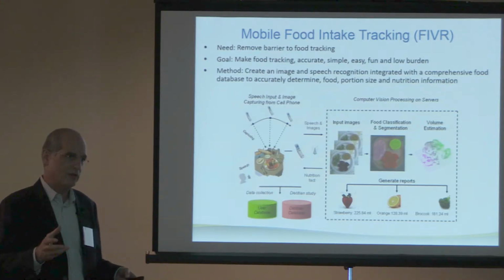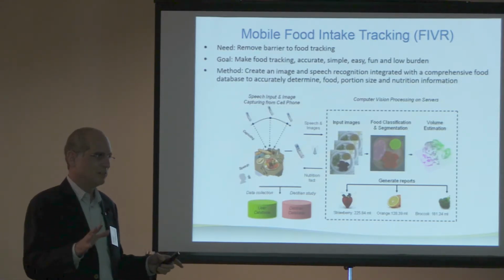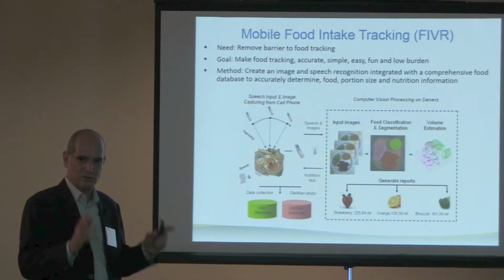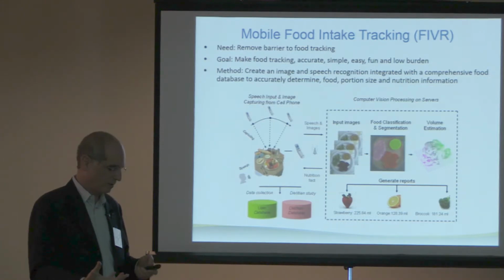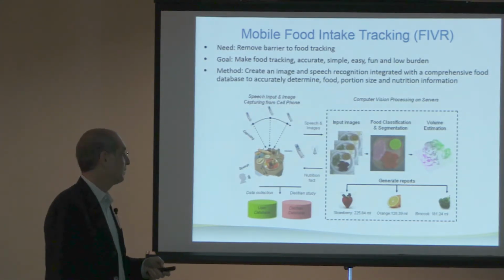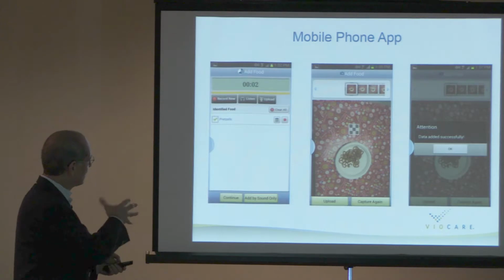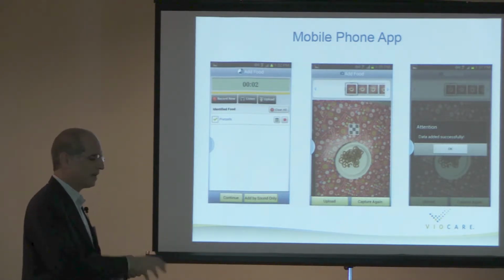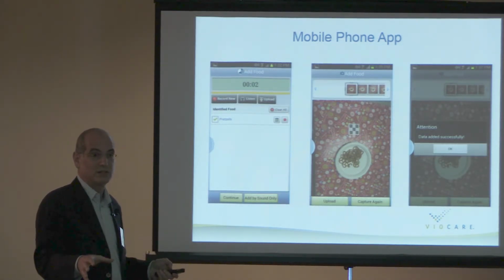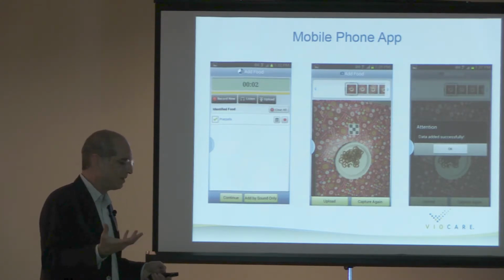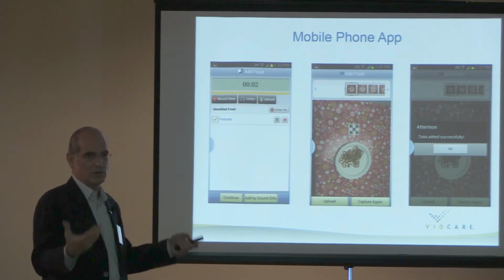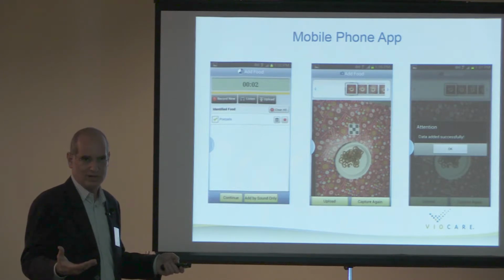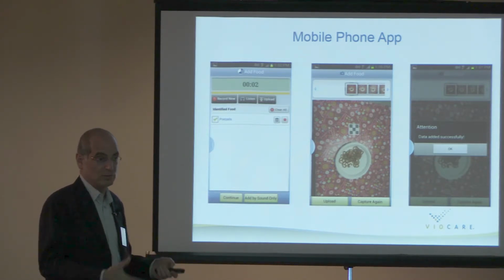They want to track 100,000 people 2 days a year. That's all. But if you can get 100,000 people to continuously do that 2 days a year, we'd find a lot about the environment, a lot about what people do and how some people end up with cancer. So this is a picture of some of the mobile app, and literally it works. We've done it. It works in the lab. In the lab, we're within 5% accuracy of the volume of the weight of the food. So the big trick right now with the phase 2 is scaling it, getting it up so that we have, instead of 200 or 300 foods, which we recognize, to getting up to 20,000 foods, which makes it viable in